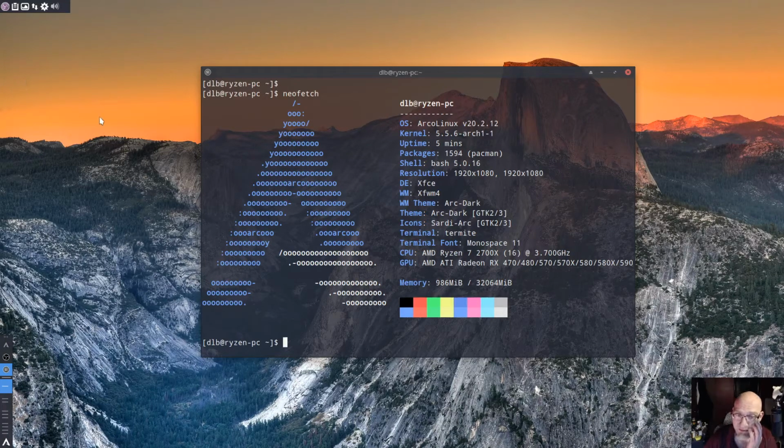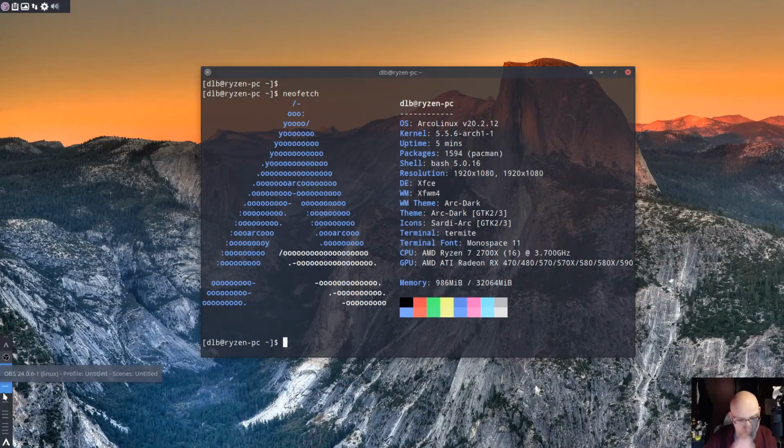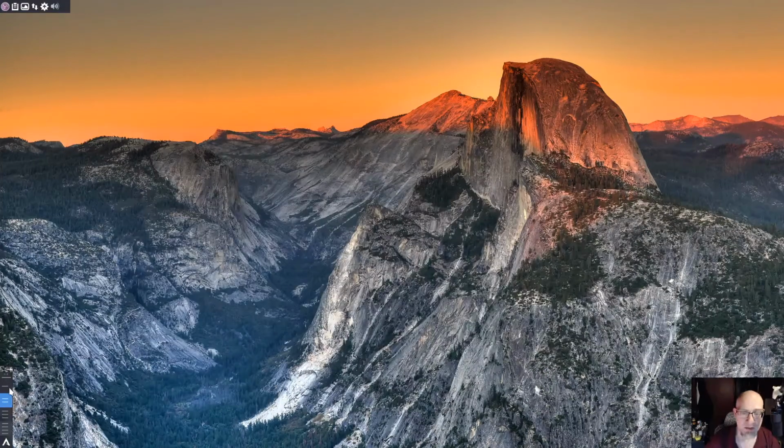So these bars here, these panels for XFCE are not what is installed by default. I changed this. This was a horizontal layout. I changed it to a vertical layout. I switched some things around. I got rid of the words on here. I changed up how the workspaces display. So I'm going to flip through these really quick. So this is workspace 1, 2, 3, 4, right?